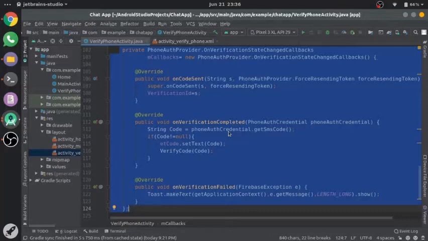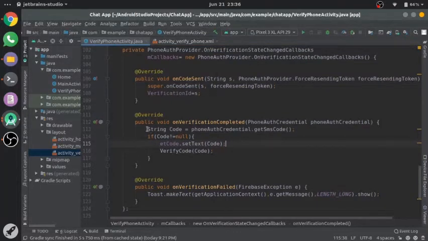So here we will be getting the credentials, we will be getting the SMS code, and if the code is not equal to null, then we can set the edit text to the code, and then we will call verifyCode. Are you getting it? We will call the verifyCode function.